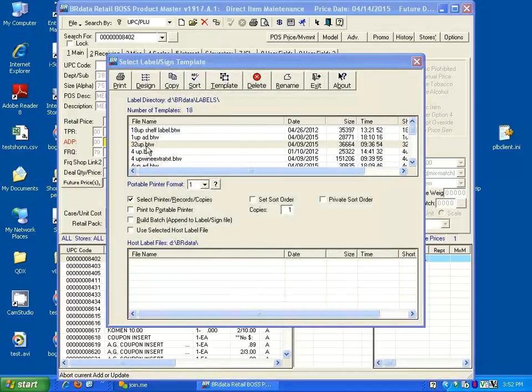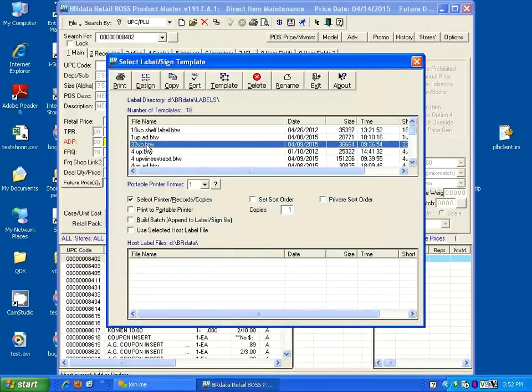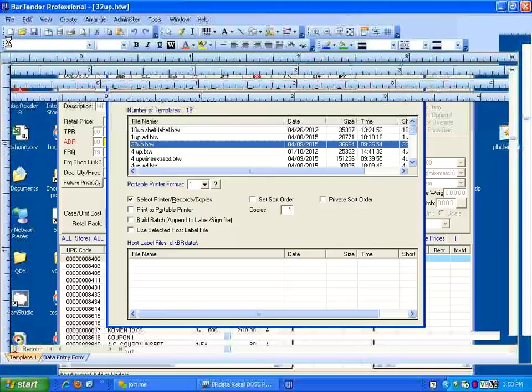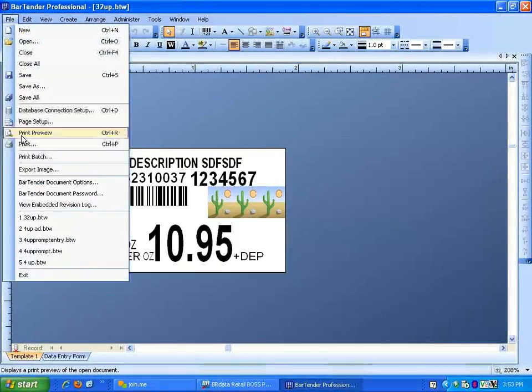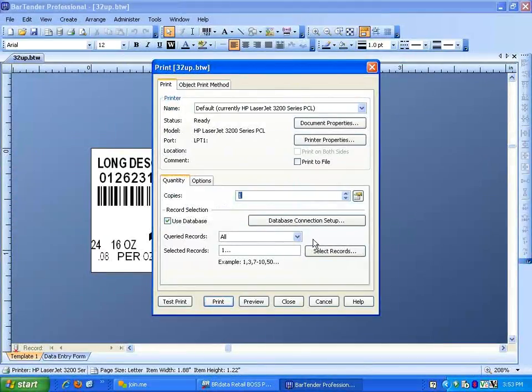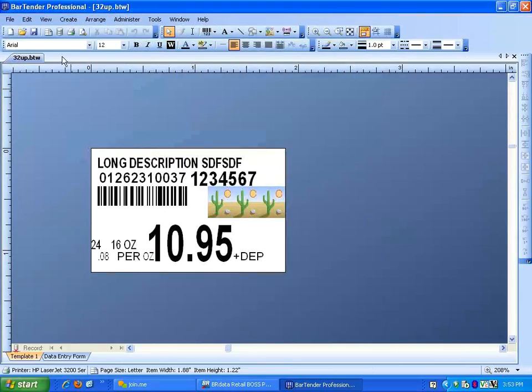And what you need to do to fix that on a permanent basis is select that template, go into design, and come up here and say file and print, and change this queried record. It's probably set to selected. Change that to all. You don't have to hit print, just hit close, and then hit the save button. So by default, that template will always print all records